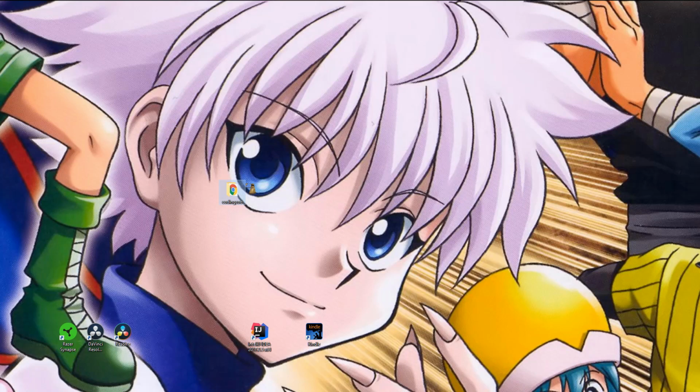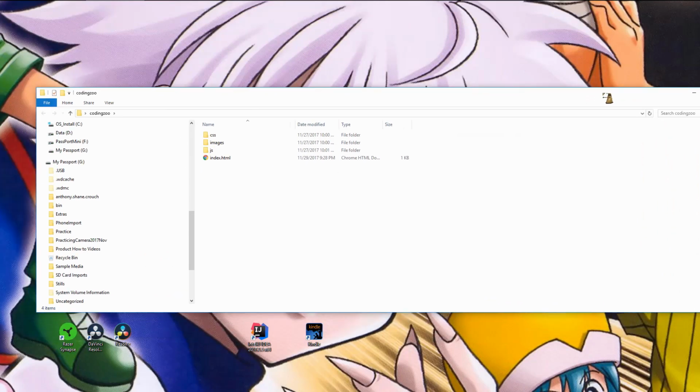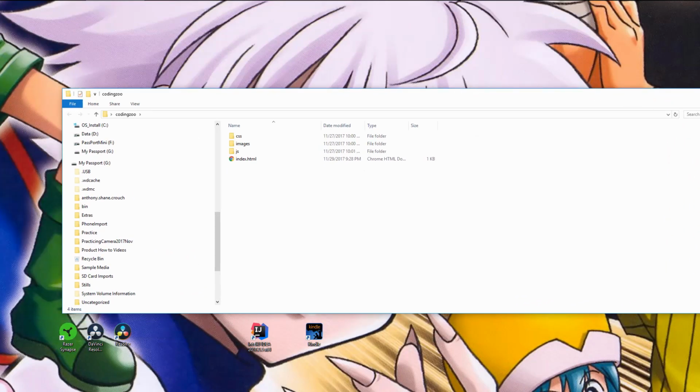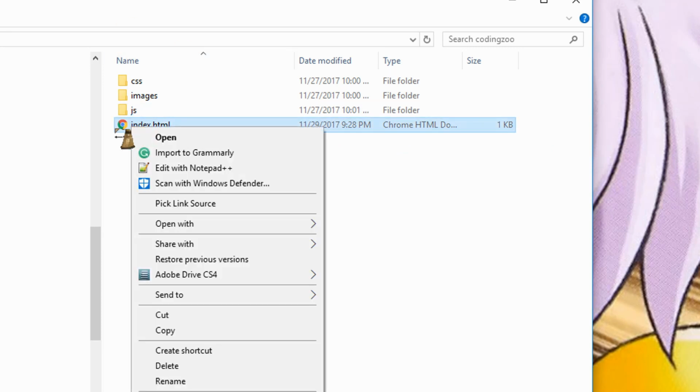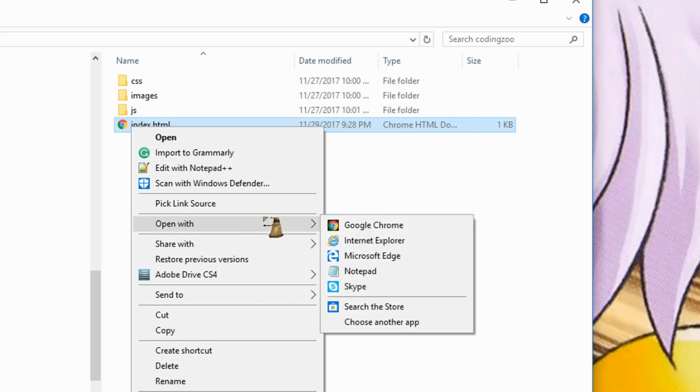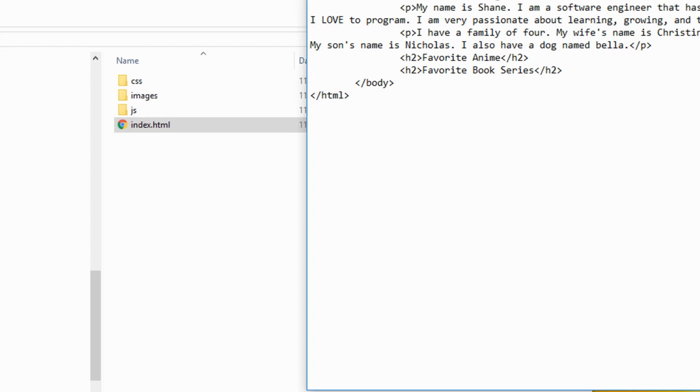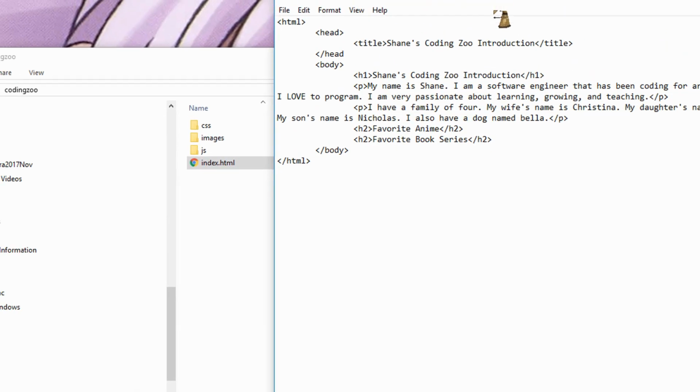Let's go ahead and get started. Let's open our previous lessons. On your desktop, you should have the folder Coding Zoo. Open that folder up. Inside of that folder, you should have your CSS folder, images, JavaScript folder, the JS folder, and your index.html. Right-click on your index.html, choose Open with, and choose Notepad. Okay, so inside your Notepad,